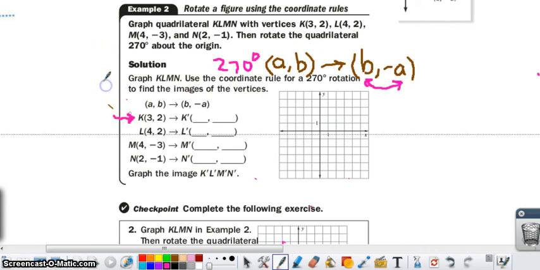Point K. So our image, which I'll construct in red, is at 3, 2. Okay, so we'll put a point there. There's point K. So when I rotate this,